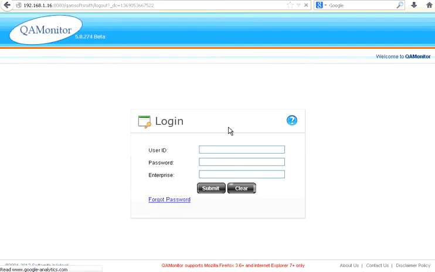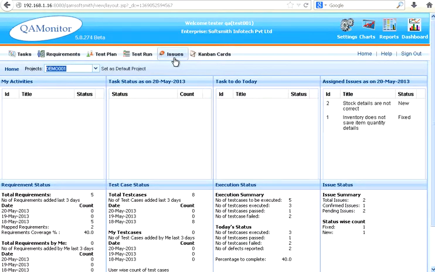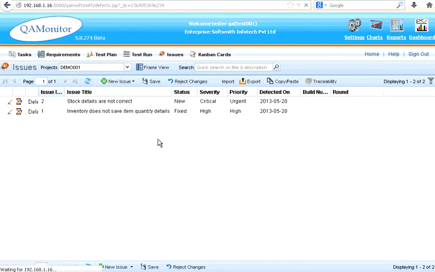Now to verify the bug, the tester logs in. Test001, password, the tester enters. The tester enters that particular project. He loads that. The tester moves to issues. On the home page they can get a quick view of how many open bugs, new bugs, and fixed status. The tester moves to the issues grid. The tester now changes that particular bug by editing it to closed status, or say retest it.